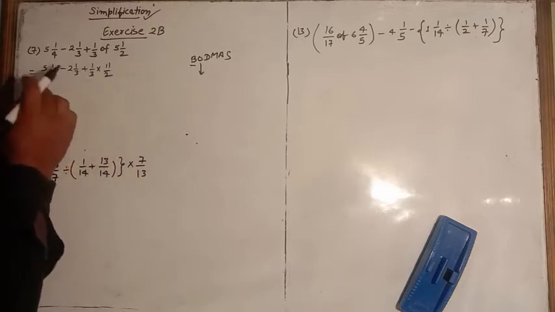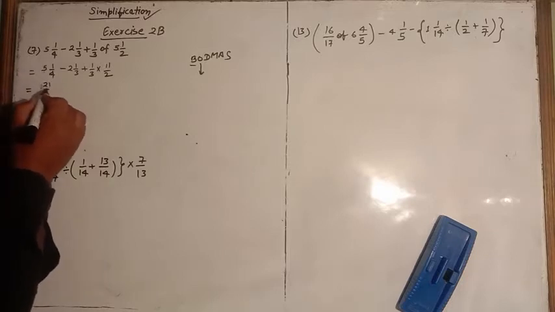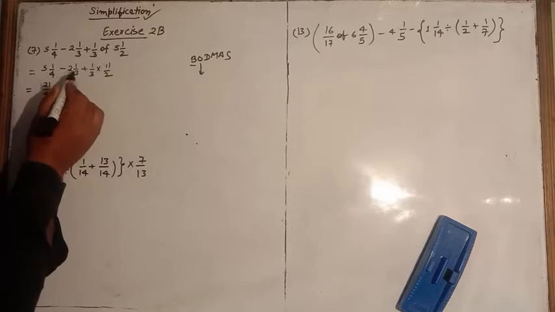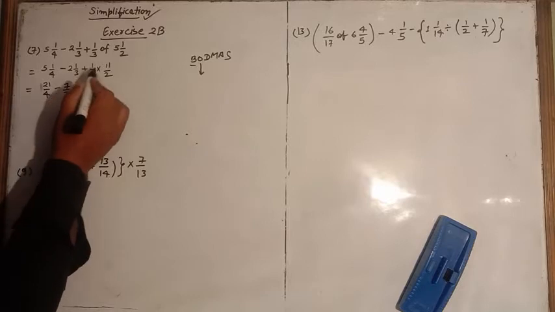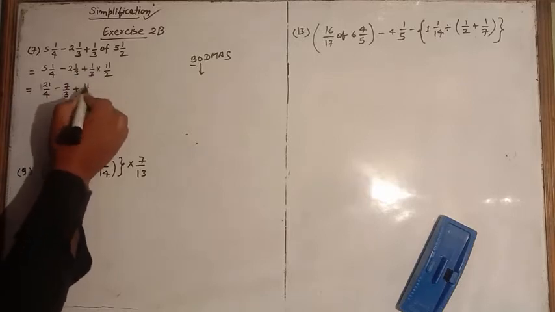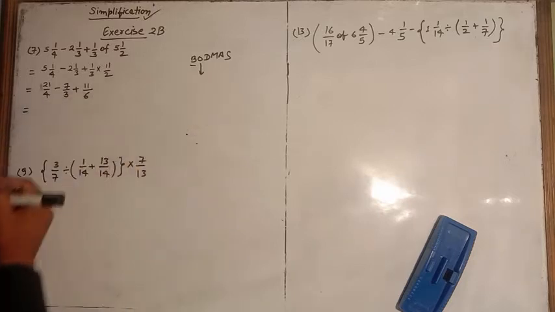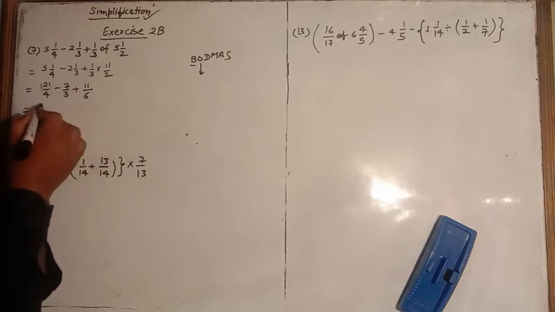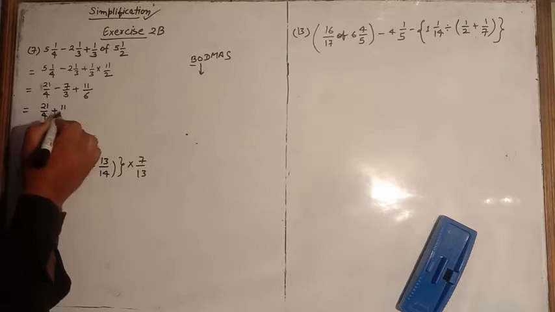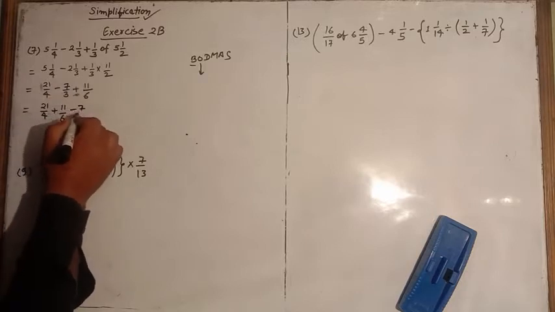It will be equal to, making simple fractions, 5 fours are 20 plus 1, 21 over 4, minus 2 threes are 6 plus 1, 7 over 3, plus, on multiplying, 11 ones are 11 and 3 twos are 6. Like this we will write. Now you know plus and minus we can do either of these two first. So I will add these two first, 21 upon 4 plus 11 over 6, both are positive, and minus 7 by 3 I will do at last.